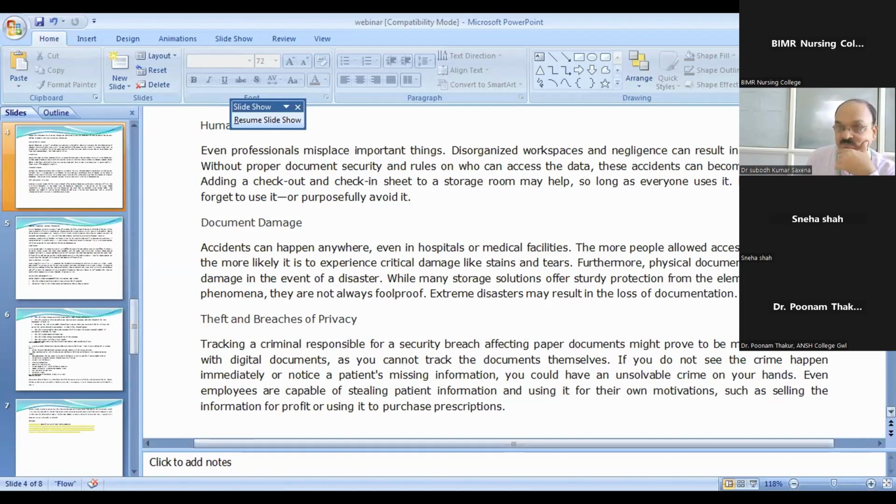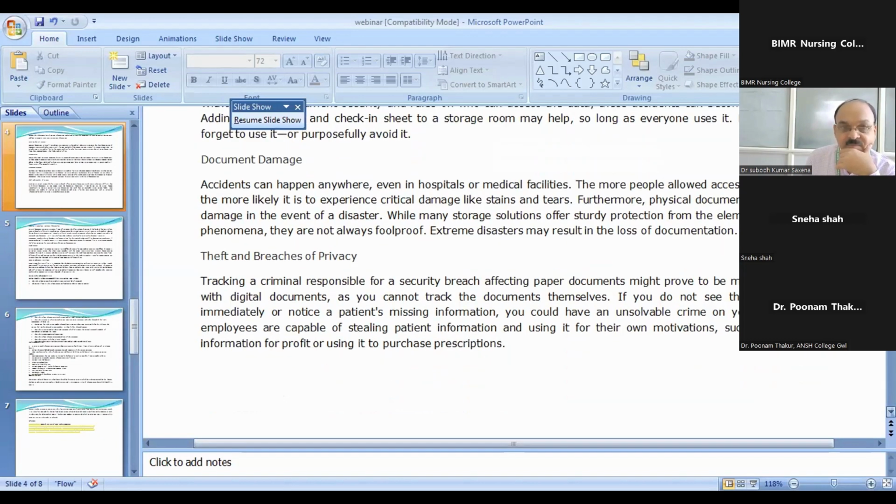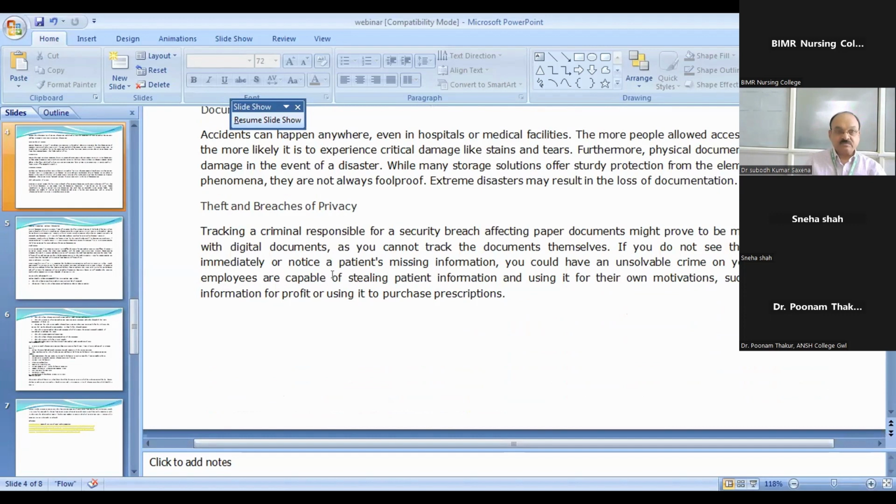And another is theft and breaches of privacy. The tracking of the criminal responsible for a security breach affecting paper documents might be way more difficult than for digital documents, as you cannot track the documents themselves. If you do not see the crime happen immediately or notice someone misusing information, you could have an unresolved crime on your hands. Even employees are capable of stealing patient information and using it for their own motivations, such